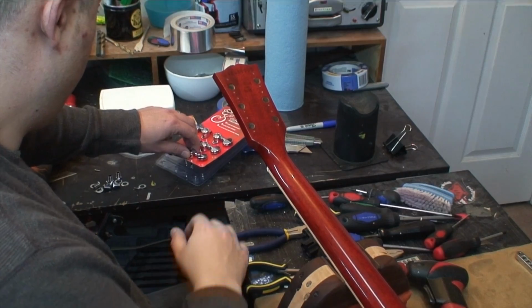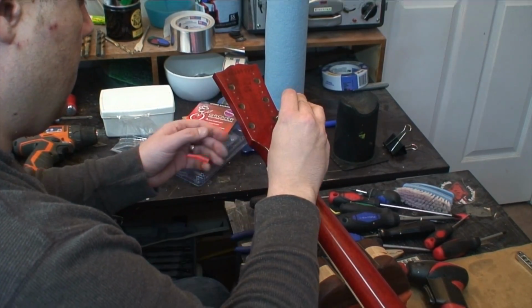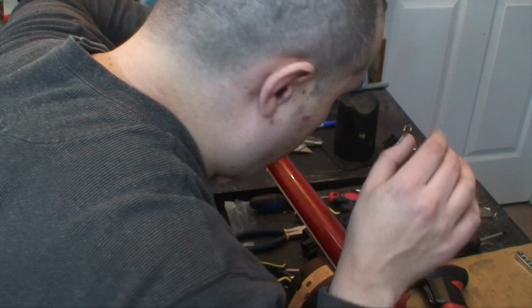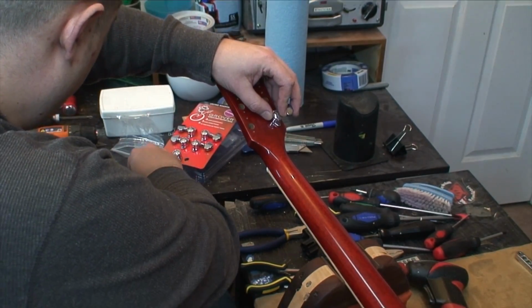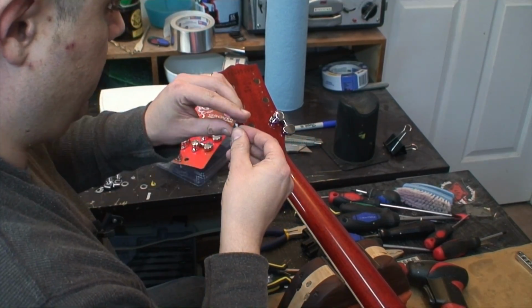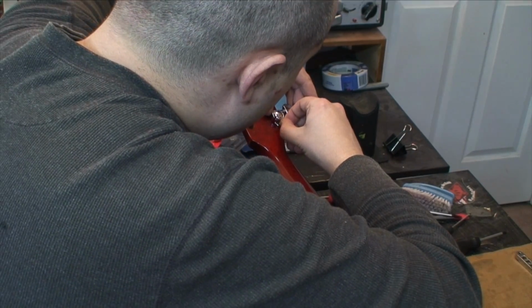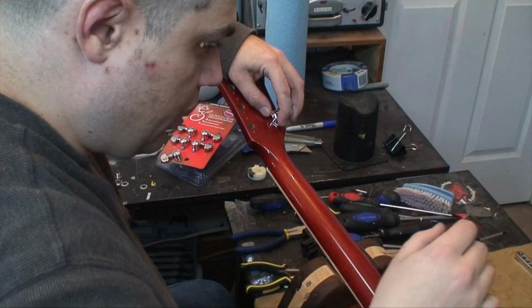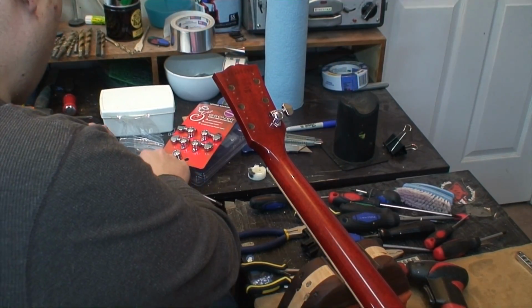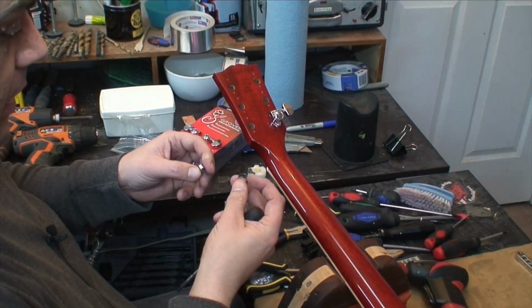All right, so on we go with the new tuners, which you've seen me install 100 times. And just use a little bit of candle wax to make the medicine go down. And I'll just sort of get it seated. And I've done this so many times now that,